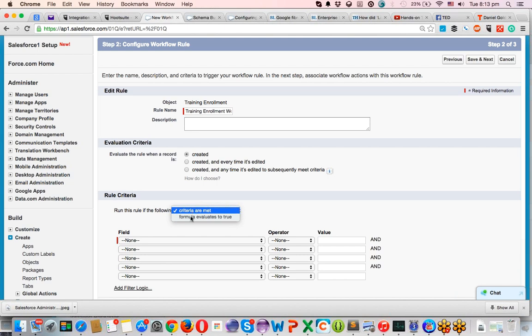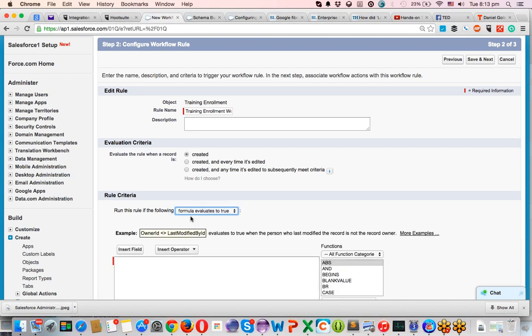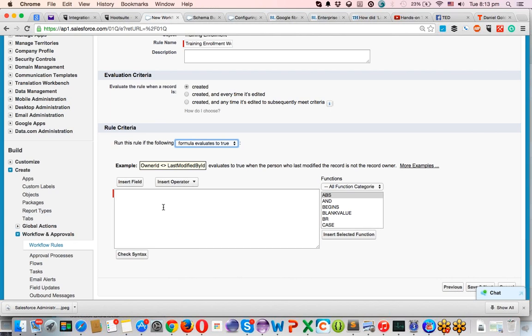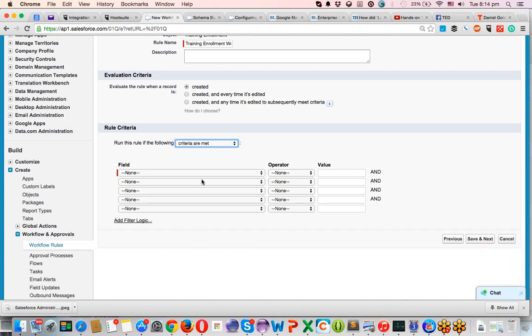Okay, I can even use formula fields also, but I can say this is not as comfortable when compared to this. If you want to write an advanced formula, yes, you can write it the same way as you did for validation rules. In this case, if the formula you're writing evaluates to true, then only the rule will be fired. Okay, I'm going with the criteria is met. This is the simpler option than that. So I can simply, for suppose if I want to say